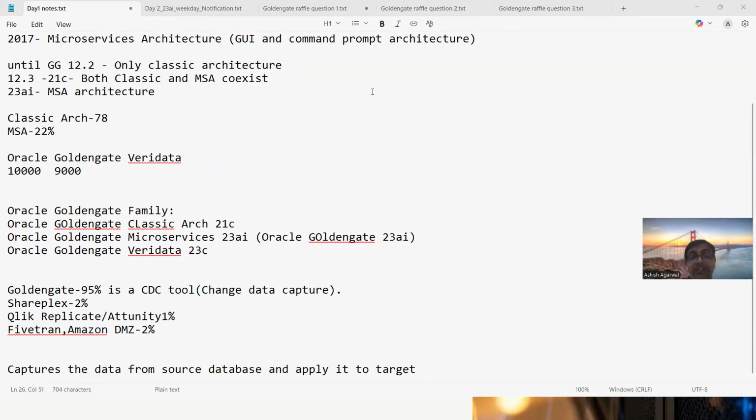And of course, it's a niche technology. Still, if you go out into the market, not many people know about it. If there are 100 DBA jobs in the market, you will find 1 million resumes floating around. But if there are 100 GoldenGate jobs, you will only find 200 good resumes in the market. That is the power of GoldenGate.